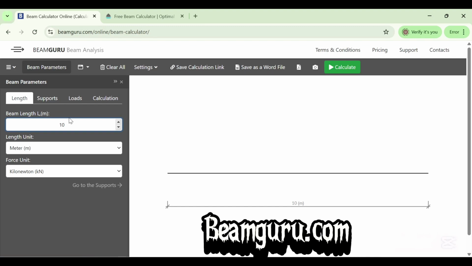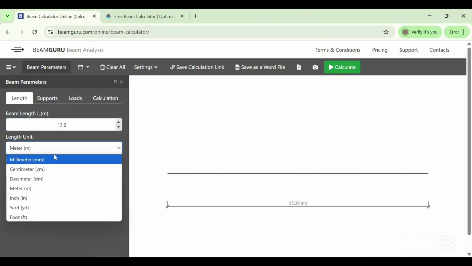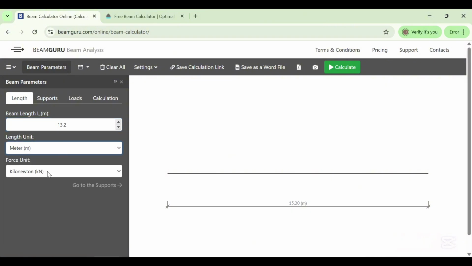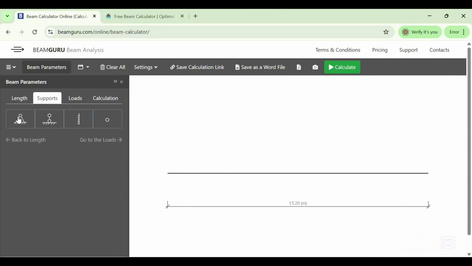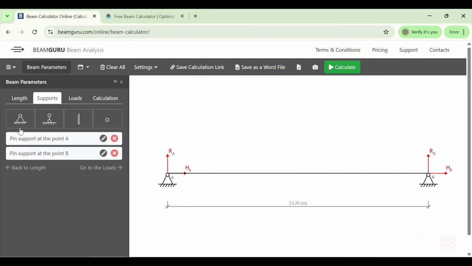To use Beam Guru, you just need to specify the length of the beam, which is 13.2. Then you specify the units of measurement. I'm using metric units, so that is meters and kilonewtons. Then click on supports and add the supports. For the example we're working with, we have 4 simple supports. On the left we have a support, click add. On the right we also have another support,